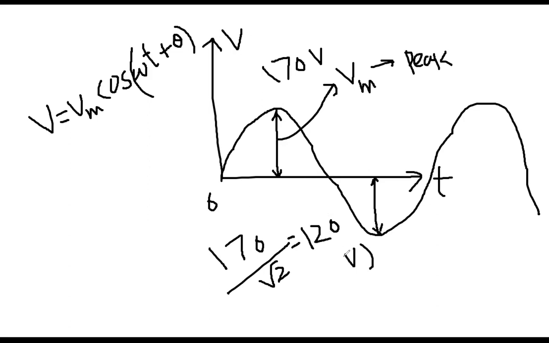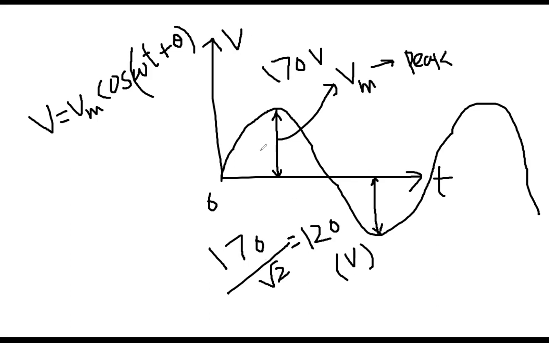You see? So this is the thing I want to explain today. At your home, you all know that your voltage is 120 volt, right? At least you know this fact. So how did I get that? 170 over √2. How did I get this magic number? How do I know that? That is the thing I will be telling you.